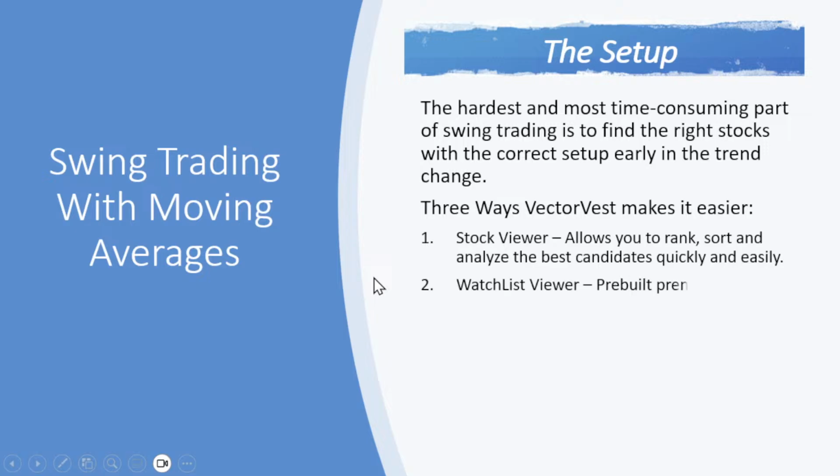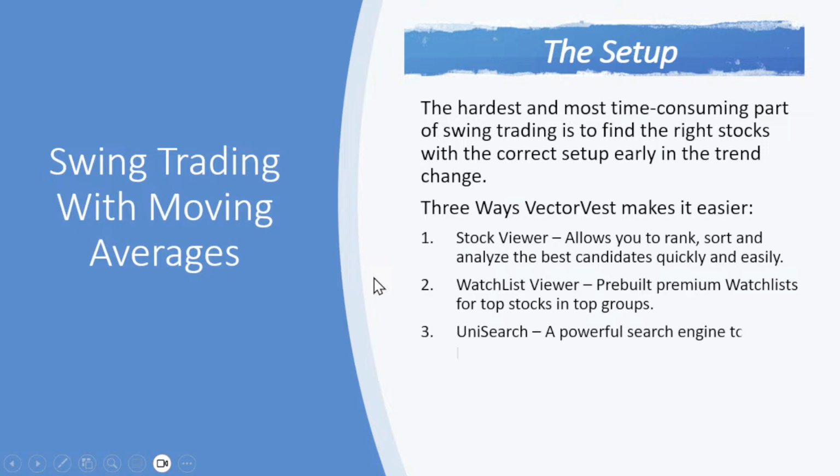Watch lists. You can go in there as well and do the same thing. Now these are just pre-built lists or customized lists of your own. If you have a list of, I don't know, 50 stocks that you like and you built that watch list yourself, you can look through it to find EMA squeeze candidates. So it's just lists of stocks that you would look through to find tradable candidates.